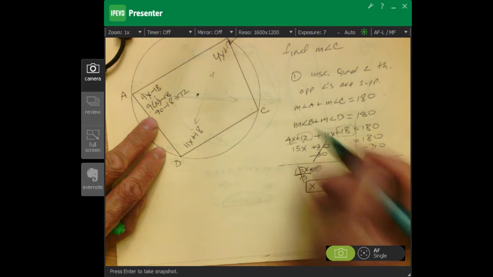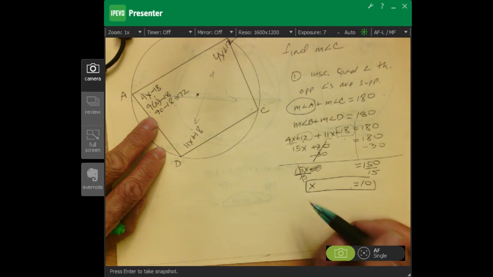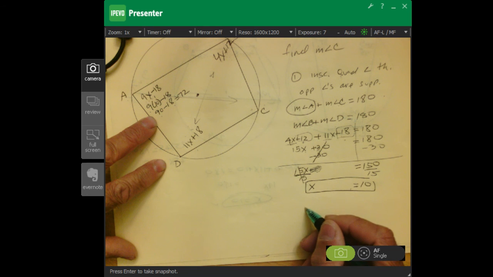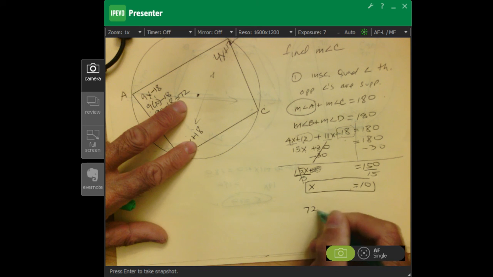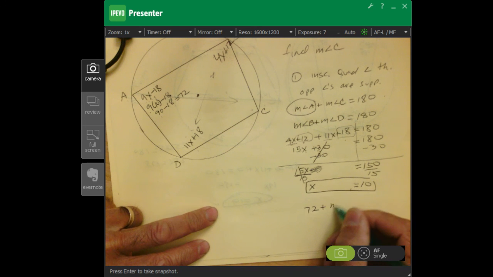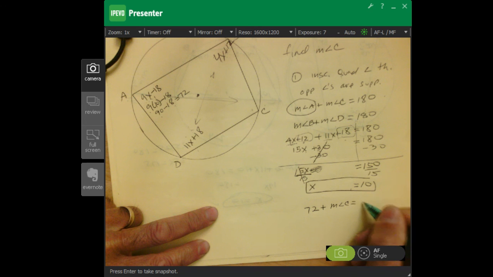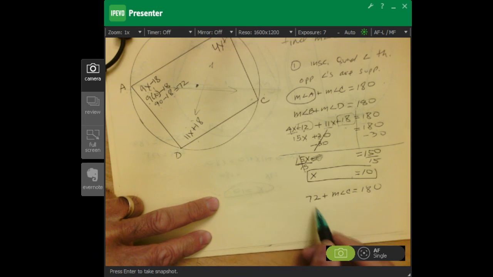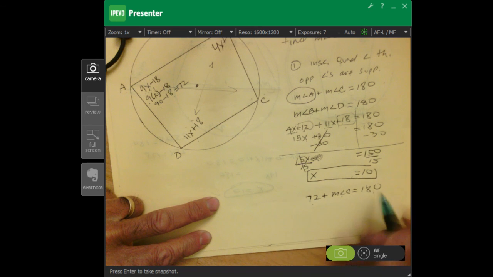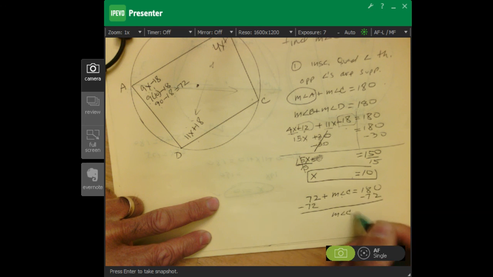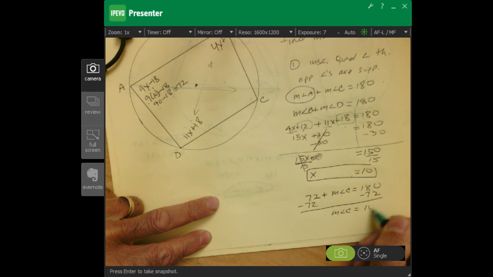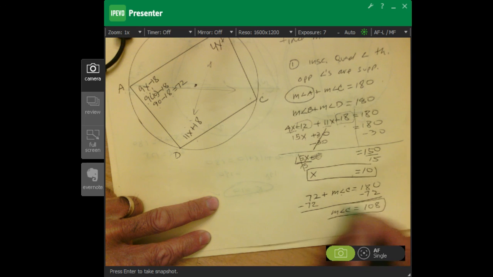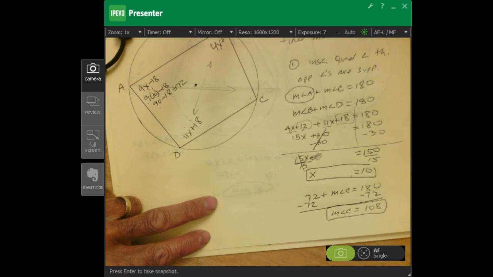Now this is angle A, which is over here. So now we can use that. Instead of saying measure angle A, we put 72. Then measure angle A plus measure angle C equals 180. So 72 plus measure angle C equals 180. Subtract 72 from both sides. And the measure of angle C equals 108 degrees. And that's how you can find